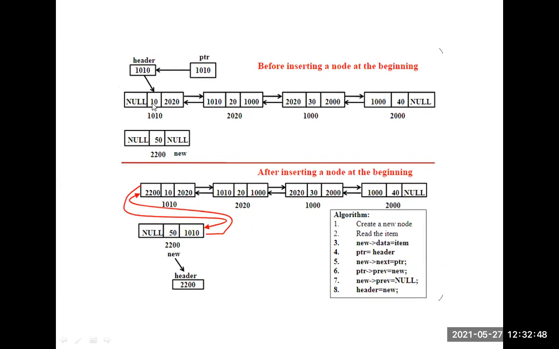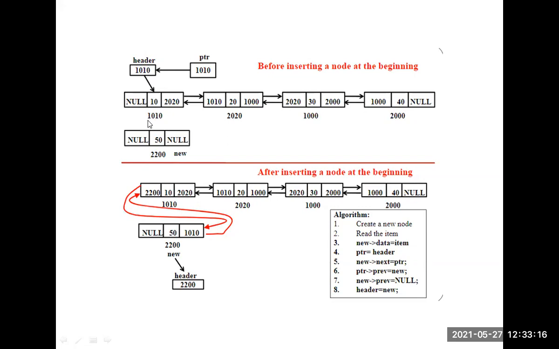The first node's left link contains null and the right link contains the next node address, and the last node's right link contains null and its left link contains the previous node address. Then we call it a doubly linked list. Here, see the diagram, you can easily understand.